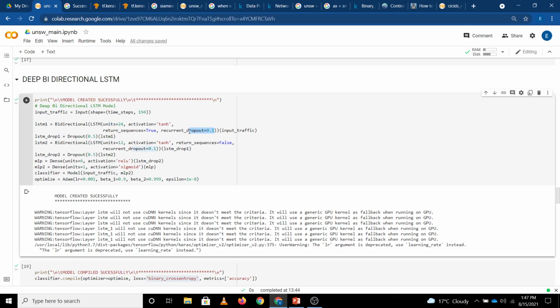And for the activation function, here we use tanh. We use tanh because as compared to other activation functions, it is better. It is very similar to the sigmoid activation function. The tanh function range is from -1 to 1, we can say. We also use return sequences equal to true, because at the first iteration it will learn some features. Return sequences relates to what we call underfitting or overfitting, so we have to avoid this.